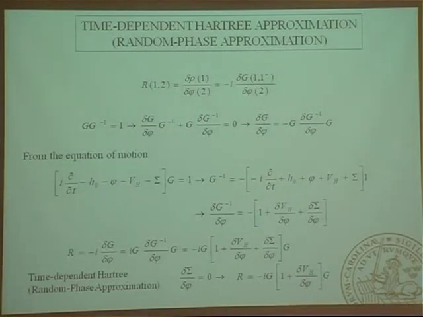Sorry, I didn't get it. What is the justification for taking delta sigma over delta phi equal to 0? Well, it's not really justified. I would say that quite a lot of the effects of the external field on the system is contained in the Hartree potential already. So this is like the change in the exchange correlations with respect to the applied field. So it is an approximation,